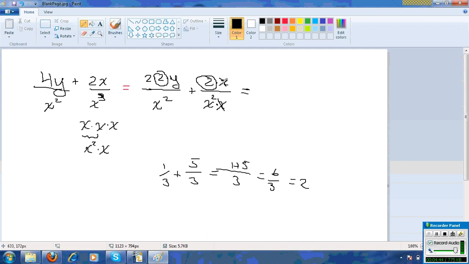We've gotten rid of these 2 x's over each other. I've marked through those. In the bottom, I have x squared. That's a common denominator, so I don't have to write it 2 separate times. I can use one common denominator now. And in the top part, I have the 2 times 2 times y, and from the right top part, I have just the 2 left over. Now you're probably thinking, why did I write the 2's out that way? Well,